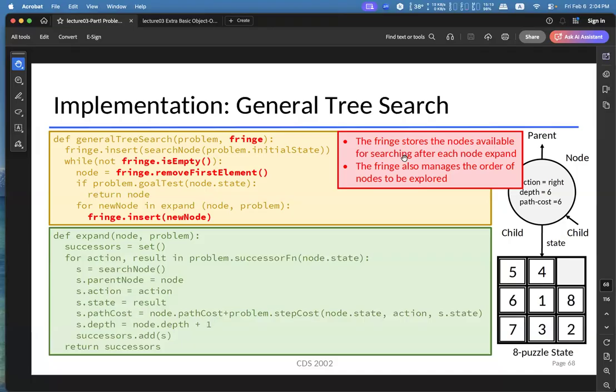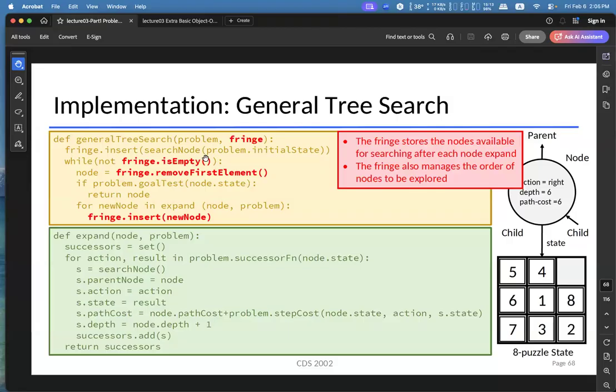So you can see the general tree search algorithm is very simple. First, we insert the initial state as the first node in the fringe. Then it keeps checking the fringe to see if there is an unexplored node. If there is, we take an element from the fringe and check whether the node is the goal state.